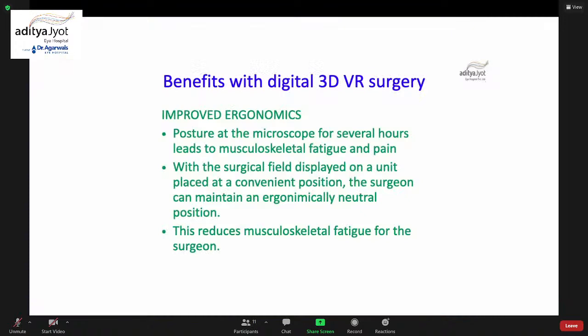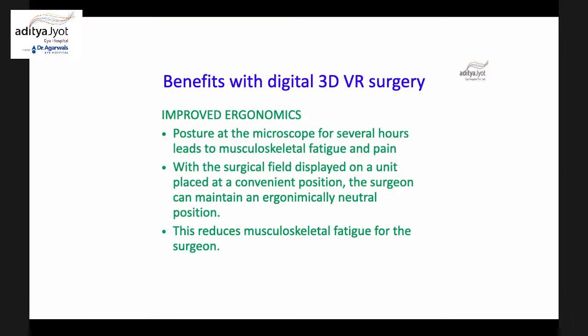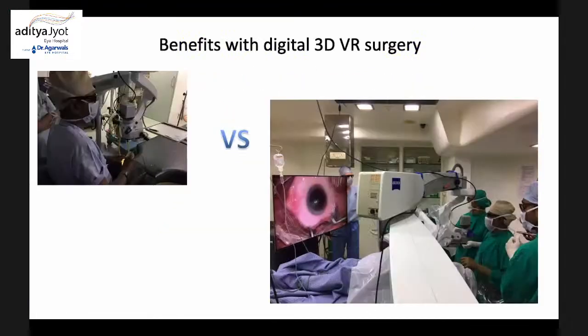And you can sit back and operate, which I never thought we could do. You can see I'm sitting erect, but you can sit back and rest. I have a hand rest, ankle rest, and you can see the entire operation theater group can watch exactly what you're